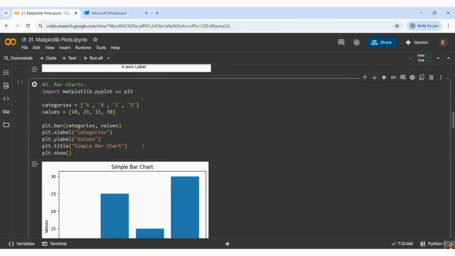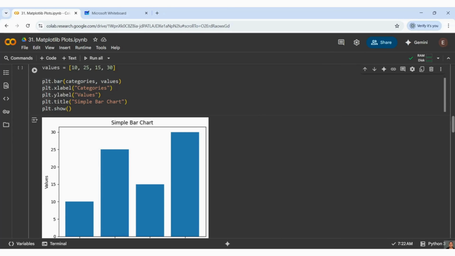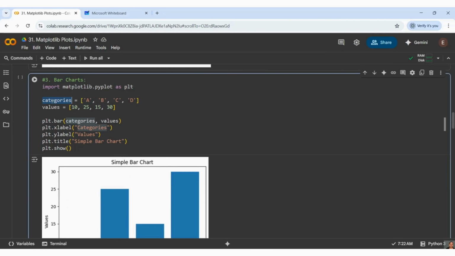Or we will go to bar charts. Again, bar charts means what, guys? Like we are drawing different charts, or the output you will be getting in a bar format, right? So here again, you can see the syntax is changing, right? plt.bar, and you can again pass your values. Again, a bar chart is based on what, guys? It is based on your categories, correct? Categories and the values for those categories.